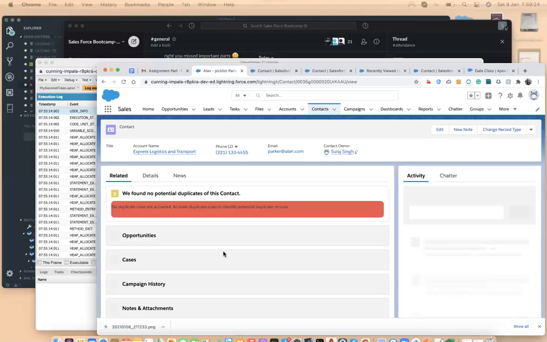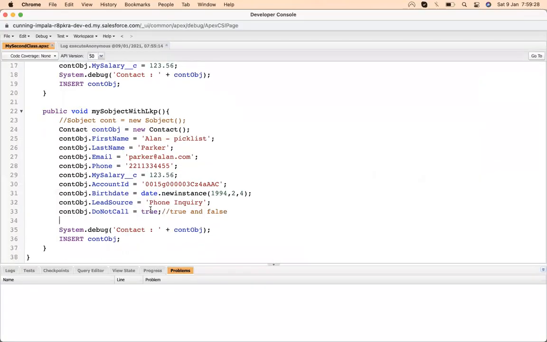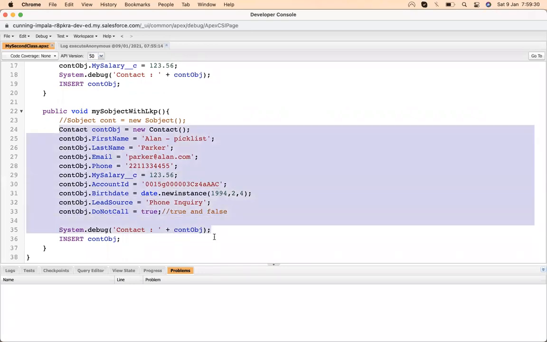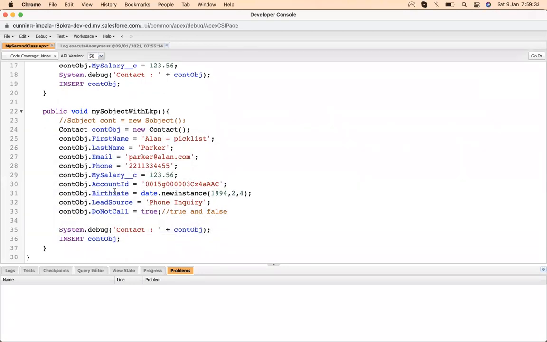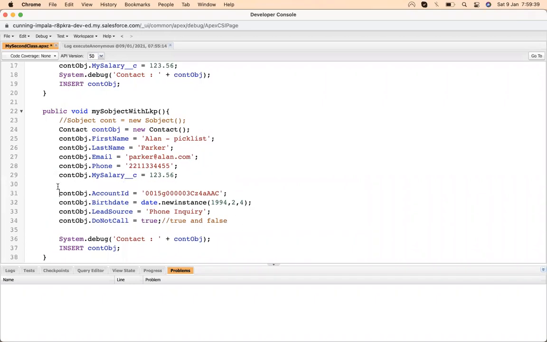So this is the way we assign a value to different kinds of fields. If we have a lookup, we have to assign its ID. If you have a birth date, then we assign a Date.newInstance or any of the available date values. If you have a pick list, then we have to assign a value that is available among the pick list values.